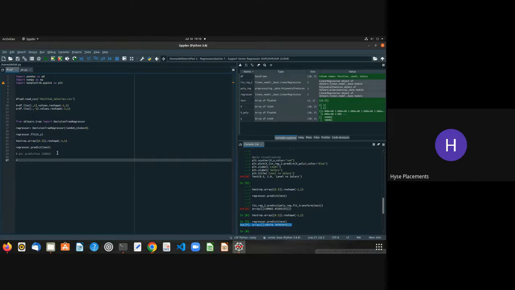So the decision tree's value is 330378, which is bad, right? I mean, the polynomial regressor has given us the best fit for this data set actually. Compared with the decision tree, polynomial and linear regressor, out of all three, PLR is in the first position now. PLR has given you at least somewhat accurate results, because see, if you check the data set,